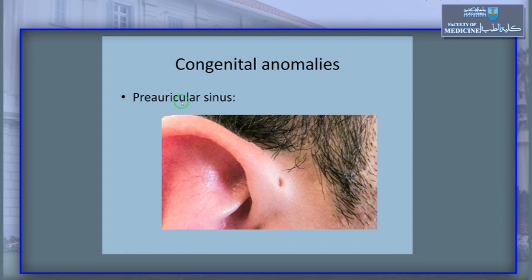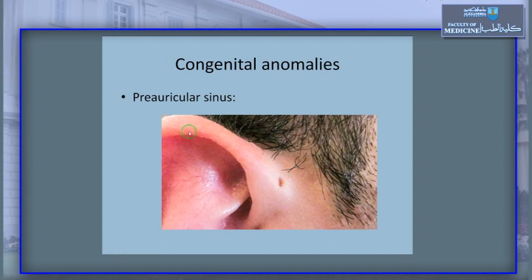Another common congenital anomaly is the preauricular sinus. This preauricular sinus is present in front of the root of the helix, as we see, and it has branching tracts that go under the skin, reaching to the perichondrium or to the periosteum. For many people, this preauricular sinus will cause no problems. They can live all their lives without having any trouble with it, so we advise them to just keep it,